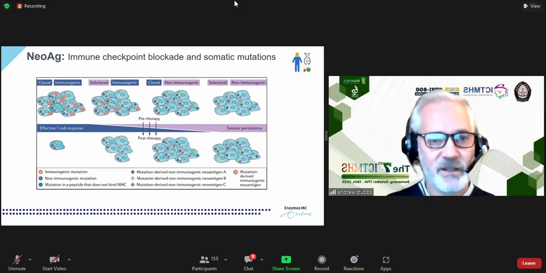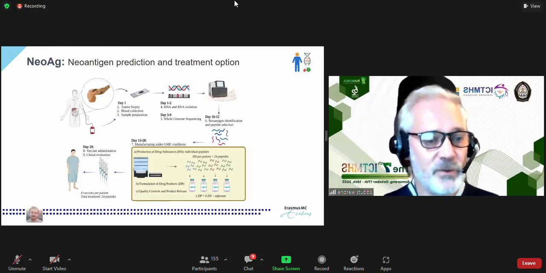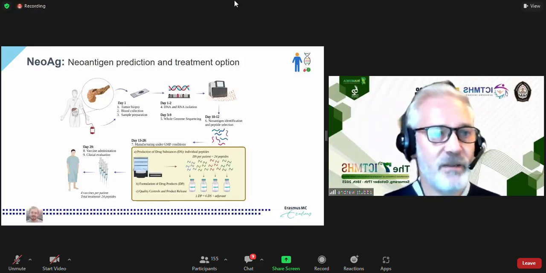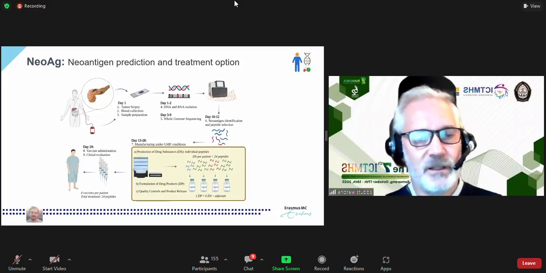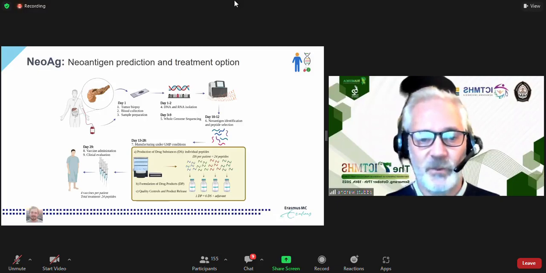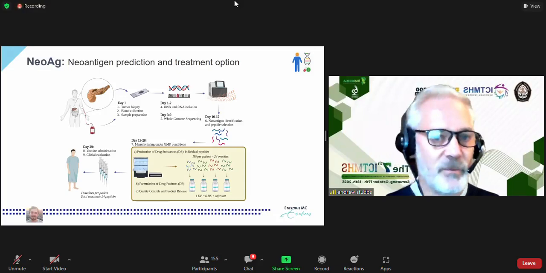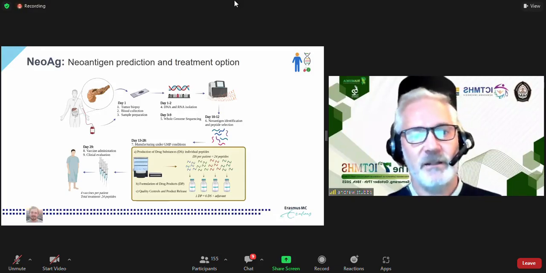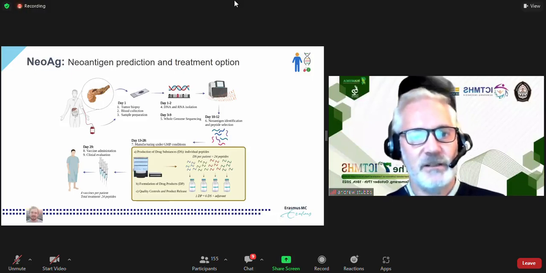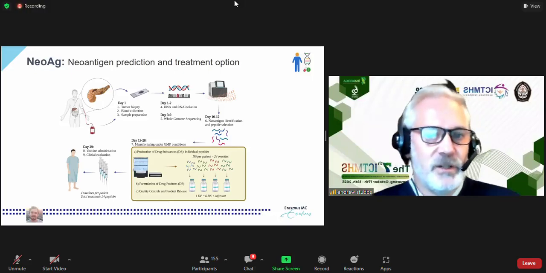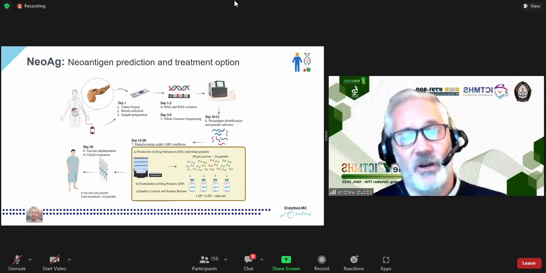So these are just some aspects of what we see are important in developing this technology, which is very important. And one of the students I have works with the clinical group here, and we've developed a sort of process now. And I think by the end of the year, we'll be ready to start working on this in a clinical aspect. A tissue biopsy is taken, blood samples taken. Day 1 and 2, we do DNA and RNA isolation. Day 3 to 9, we do whole genome and whole RNA sequencing. Day 10 to 12, we're hoping to do